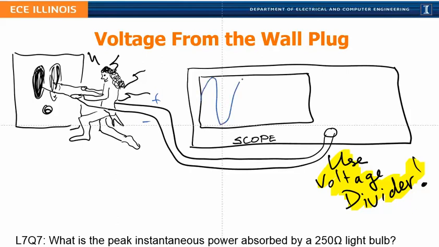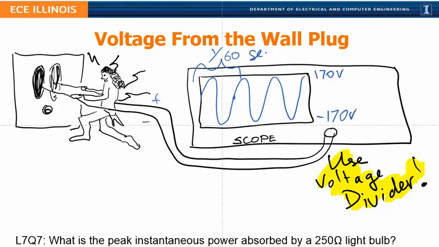we would see a waveform like this, a sinusoidal waveform that would go up to about 170 volts, down to minus 170 volts. Notice I marked polarity on the probe. And it would go through a cycle every 1/60th of a second. Right? There are multiple historical reasons why the power is at 60 hertz